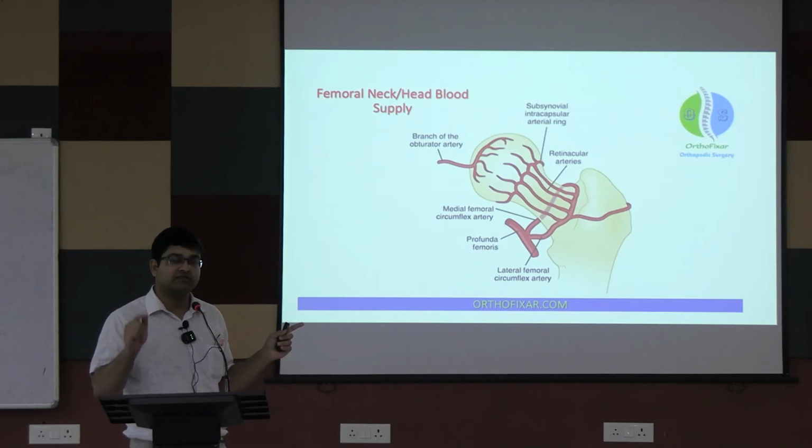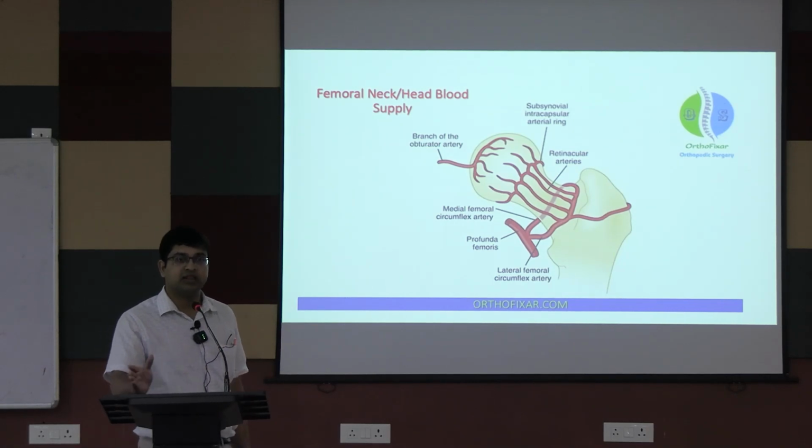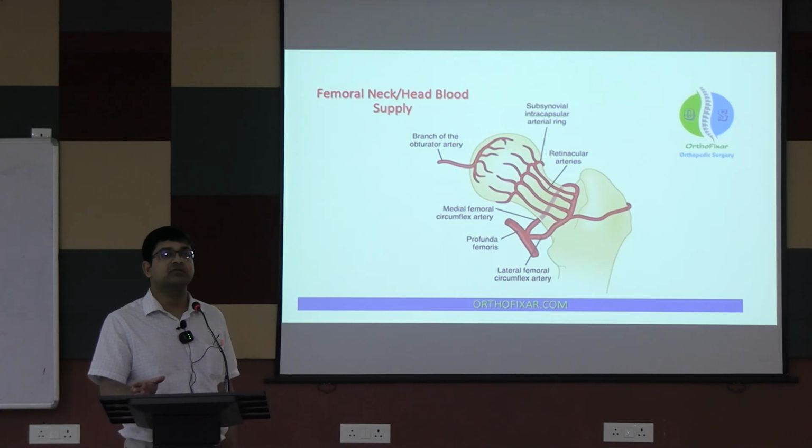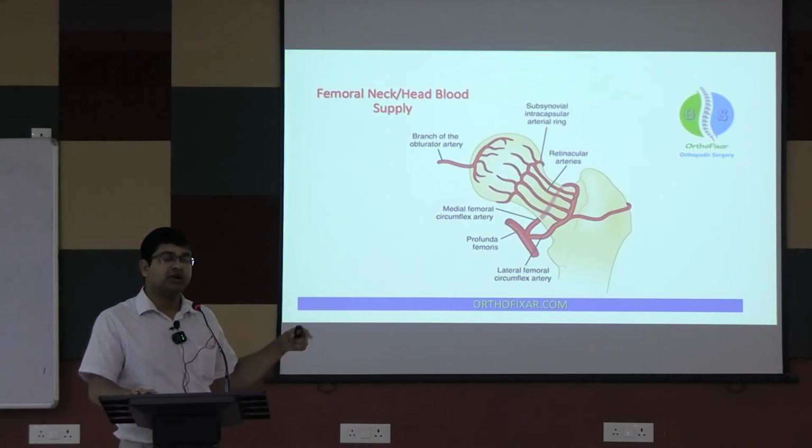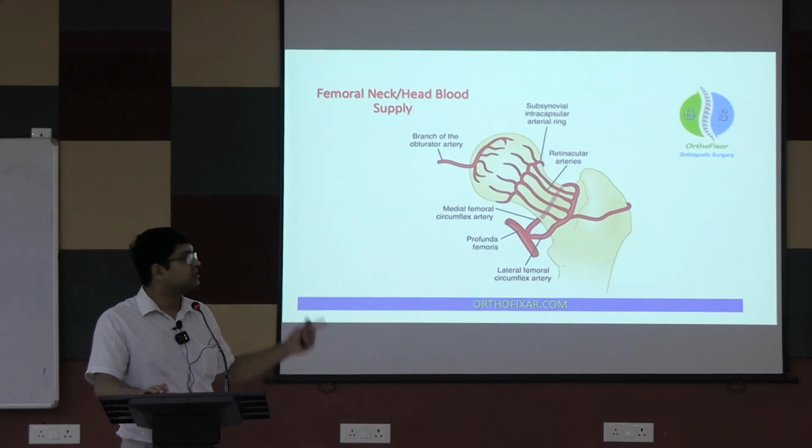এটা কিন্তু মনে রাখতেই হবে, এটা কিন্তু পরীক্ষায় ধরবে। তিনটে আর্টারি মনে রাখতে হবে: medial circumflex femoral artery, lateral circumflex femoral artery, extracapsular arterial ring। ঠিক আছে, extracapsular arterial ring, সেখান থেকে হচ্ছে রেটিনাকুলার ভেসেলস অর রেটিনাকুলার আর্টারি, সাবসাইনোভিয়াল আর্টেরিয়াল রিং। সাবসাইনোভিয়াল আর্টেরিয়াল রিং থেকে তৈরি হচ্ছে কি? এপিফাইশিয়াল আর্টারি। Epiphyseal artery, they will supply the femoral head and they are responsible for majority of the blood supply of the femoral head। And obturator artery থেকে আসছে artery of ligamentum teres। ঠিক আছে, artery of ligamentum teres, আর it will supply only a small part around the fovea।